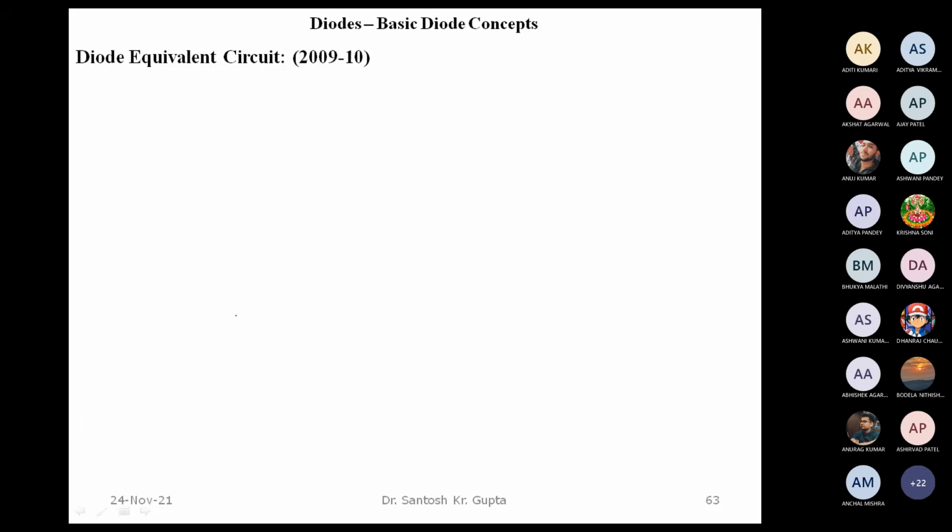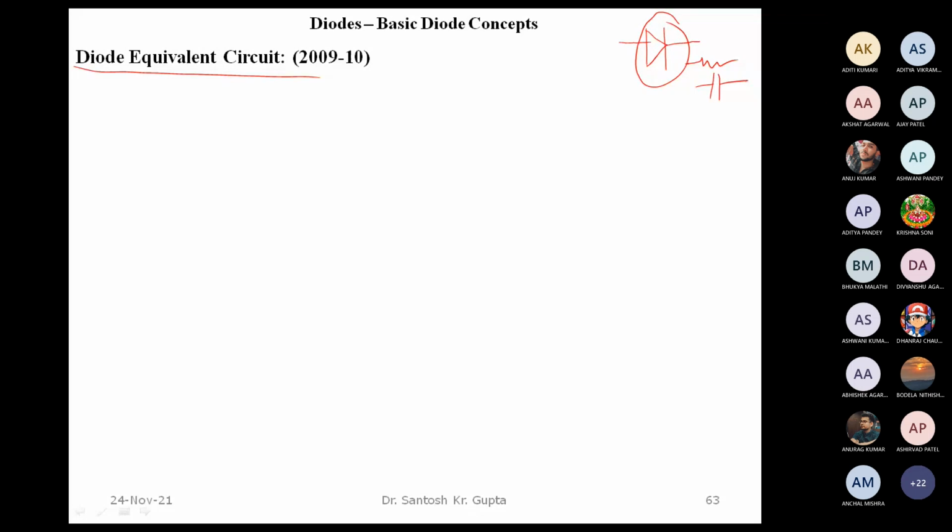Okay, so diode equivalent circuits now. Suppose we are given some diode circuits. Now we have just learned here that the diode is a semiconductor device which can allow the current to flow in one direction and oppose the current in the other direction. This gives a resistance like behavior. This also gives a capacitance like behavior. So suppose we are given a diode in a circuit, then how to solve that circuit for, say, voltages and currents?